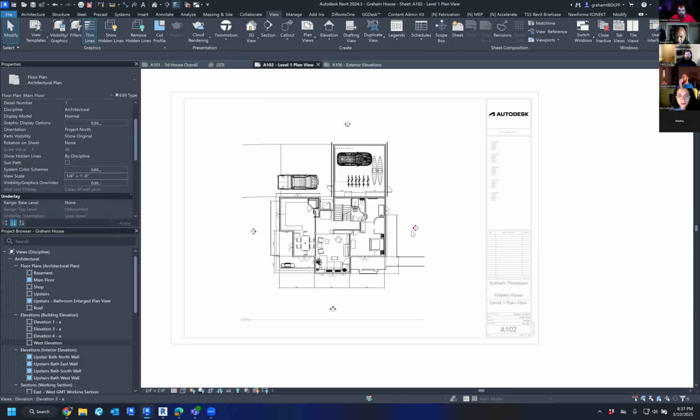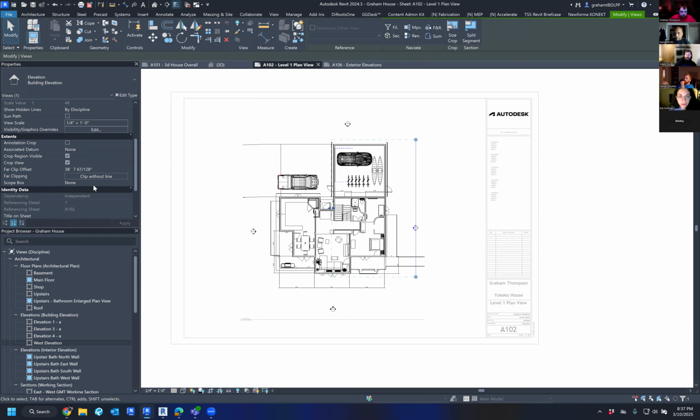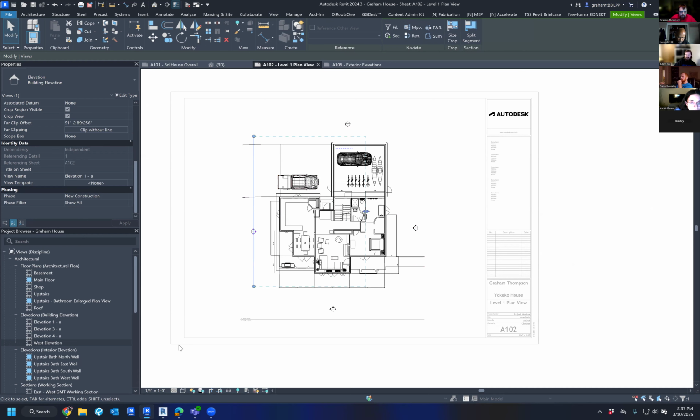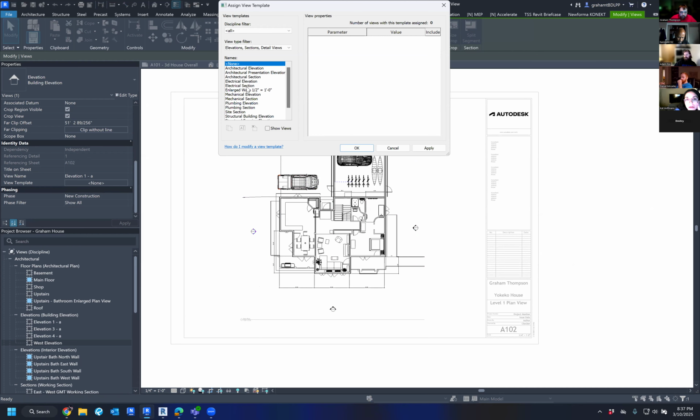Sorry, Greg. Can I ask a question? Yes. What could be the reason why I can't change the scale in my floor plan view? It's because you've got a template on that's holding your scale. So if you try to change a scale to something and it's grayed out, like right now it's not grayed out, but if I had a template on this,